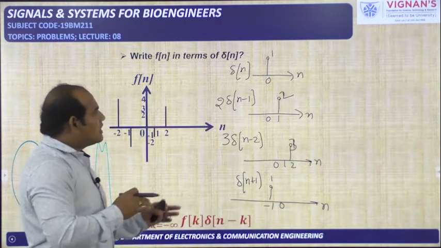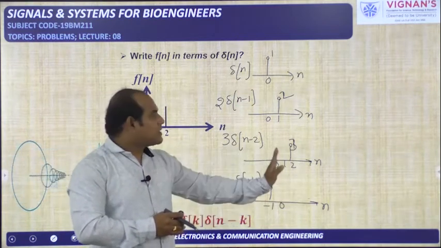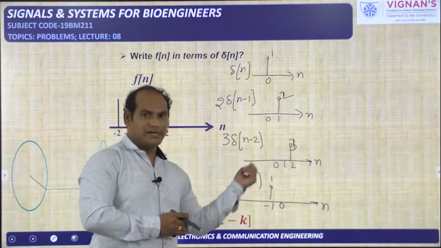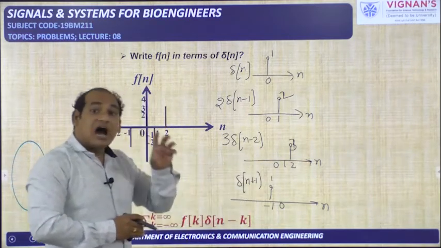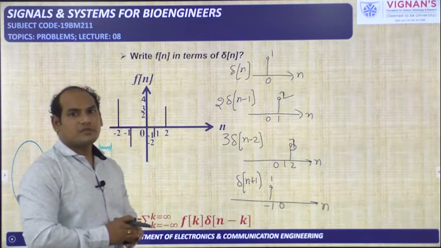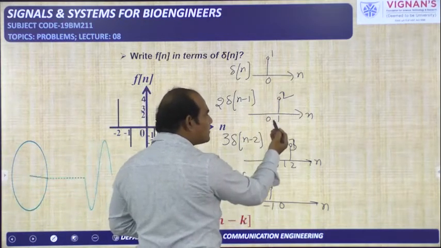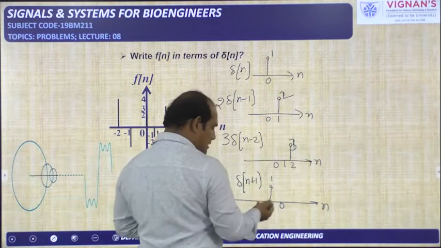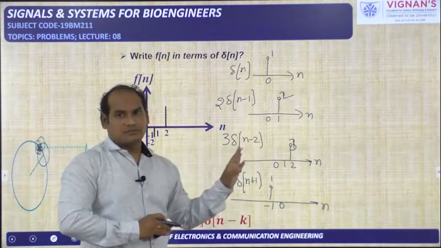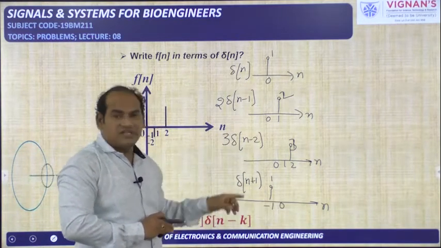Okay, so any sample which can be available at any time, that may be on right side or left side, by taking the value of n positive or negative, or with any amplitude, all the samples can be represented in terms of del only. You see that one. The sample can be available at n is equal to 0, at n is equal to 1, 2 or minus 1, whatever it may be. So the sample position can be anywhere, and that can be represented as a shifted version of the del of n.